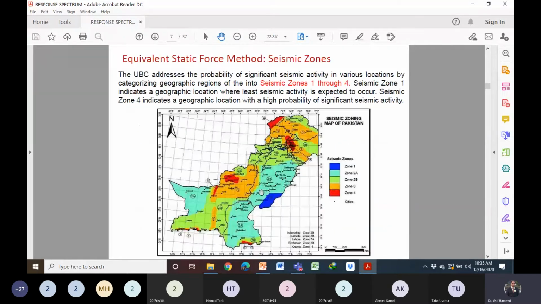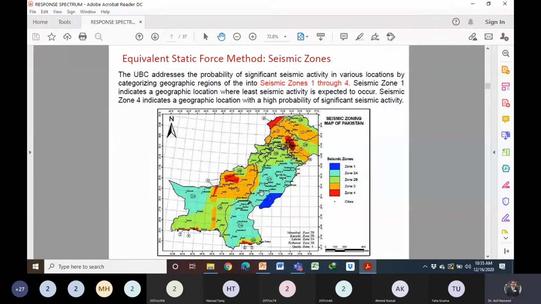Okay, what is the first factor? Next slide. Soil conditions at the site. Absolutely. The first factor is the soil conditions at the site. Second factor. Proximity of the seismic activity at the site. The second is proximity of the seismic activity.